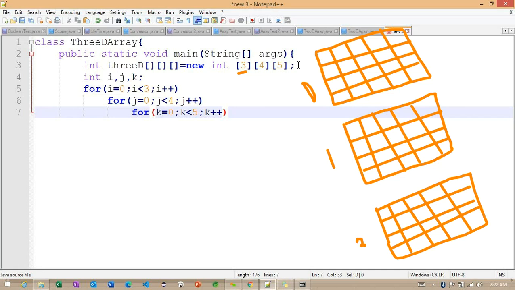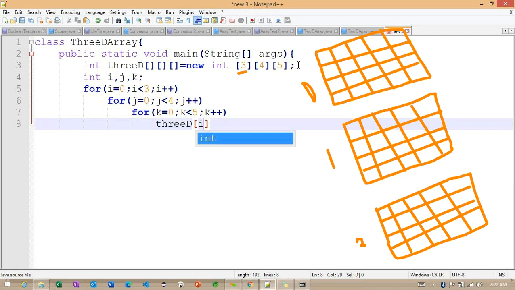Observe here. With the help of this 3D array, I'm defining i, j, and k. Here we need to initialize the values. What values am I trying to initialize?